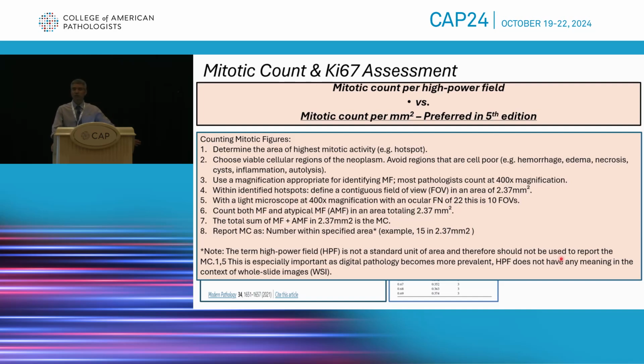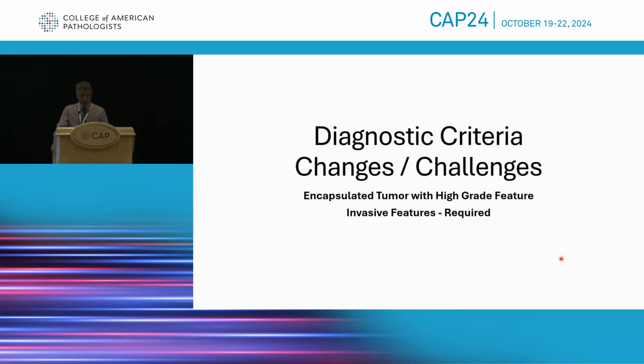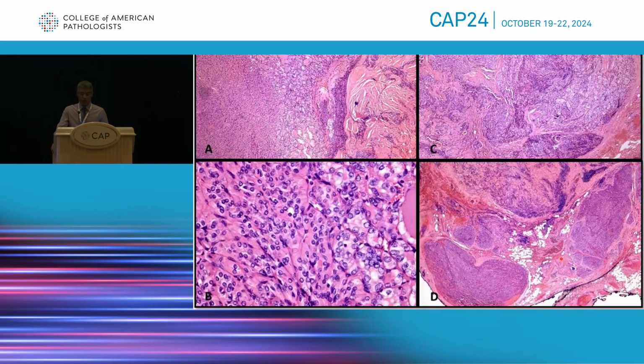So not something to really worry about, but this is the different way of reporting mitosis. So it kind of brings in more stability to the diagnosis. Now, what are the challenges we see in these tumors? So as I said, these tumors can be infiltrative or can be a part of an encapsulated neoplasm, which can